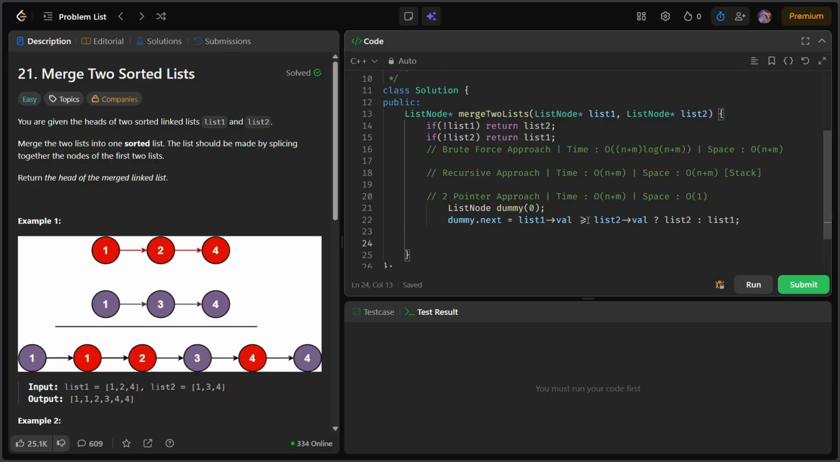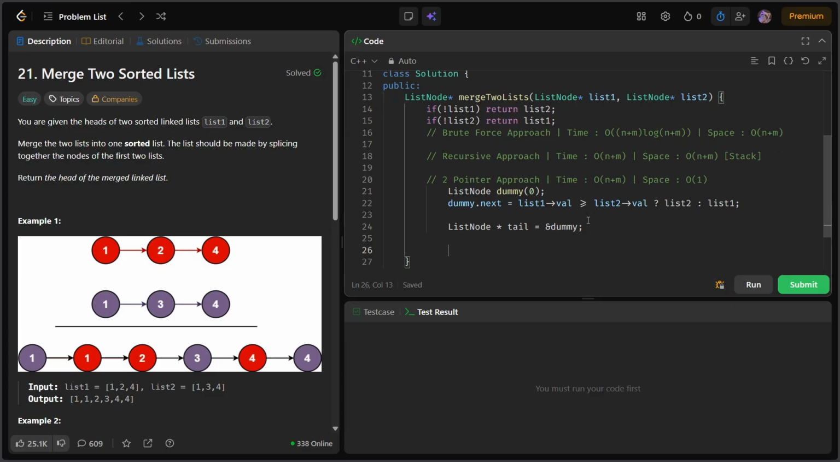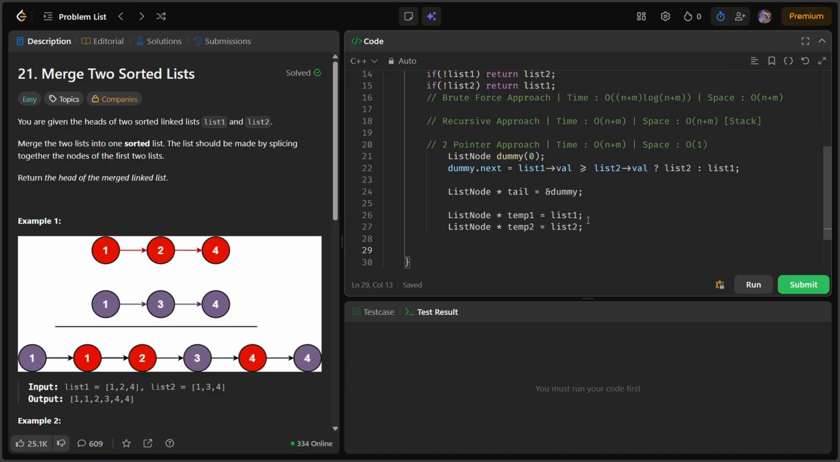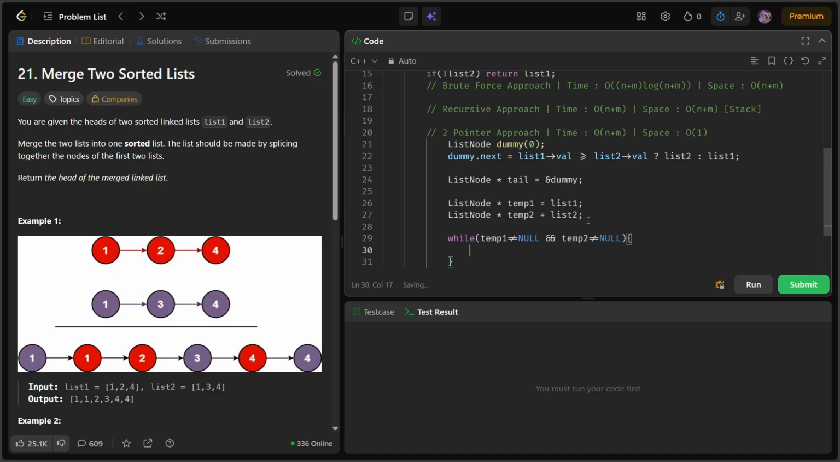Secondly we'll have a tail, so ListNode* tail is equal to address of dummy. Now we'll need two pointers, so ListNode* temp1 is equal to list1, or you can directly use the original list because we are modifying it. ListNode* temp2 is equal to list2. Now we'll iterate using a while loop, so while temp1 is not equal to null and temp2 is not equal to null. In this case what we'll do is